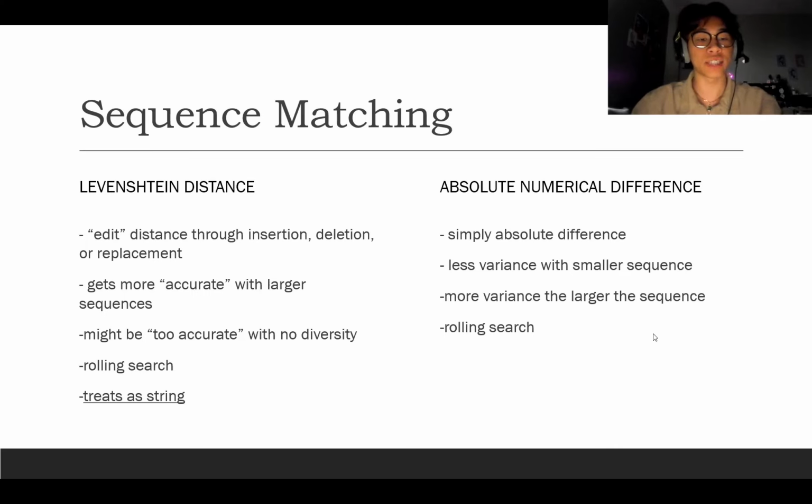But what I do like about it is that it's a rolling search. What that means is, let's just say you have a larger data set of numbers from 1 to 10, and you're trying to find the sequence 5, 6, 7 in 1 to 10. Well, you can't just search by threes. You can't search, okay, 1, 2, 3. Is that equal to 5, 6, 7? No. And then 4, 5, 6. Is that equal to 5, 6, 7? No. And then if you keep on doing that, if you search by threes, you're not going to find 5,